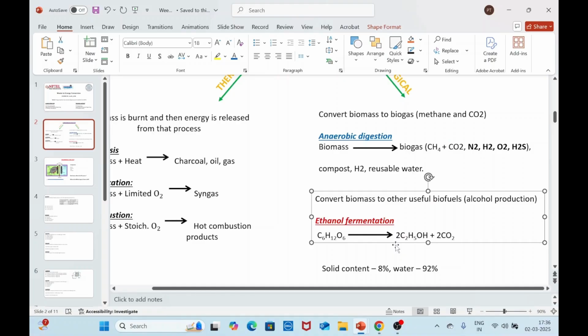So this butanol as such can be used as a fuel directly, or it can be mixed with ethanol. However, in case of ethanol alone, you cannot do that. You need to mix it with gasoline. So can anybody try to relate why is that so? In case of butanol, you can directly use it as a fuel, whereas in case of ethanol, you need to blend it with gasoline to be used for energy production, or in case of vehicles. Any guesses on why is that so?